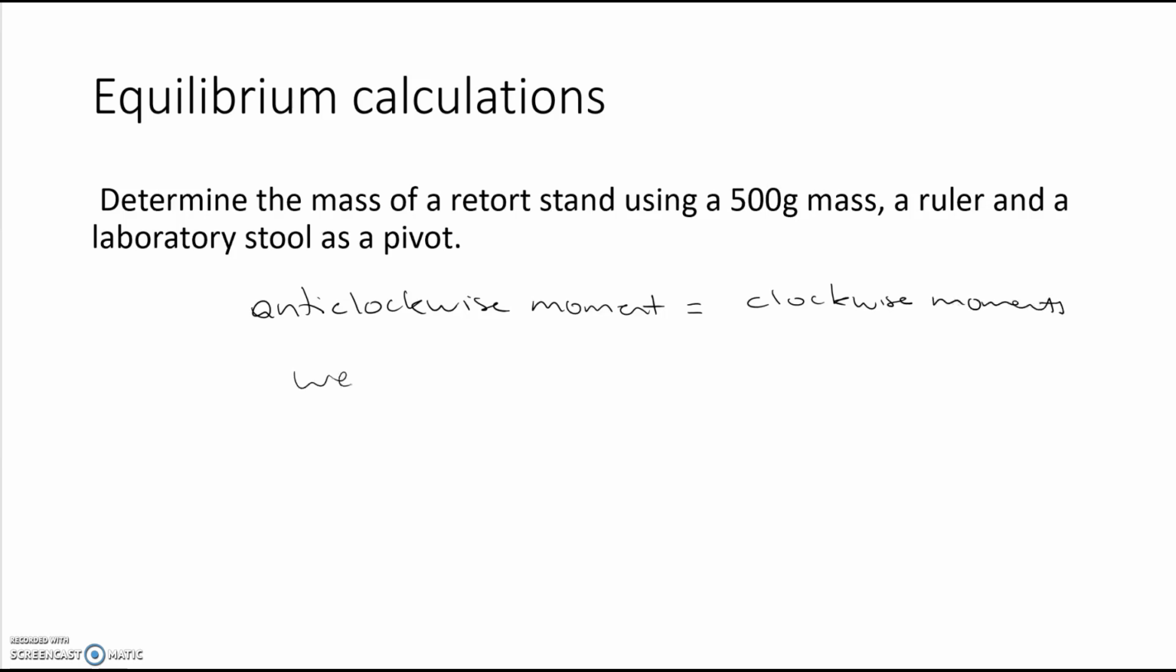So that the weight of the retort times 0.05, because it's 5 centimeters in my diagram, is 5 times 0.3. 3, 5. I'm not going to get this finished. I can use the